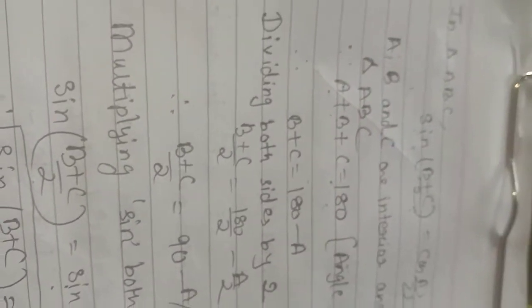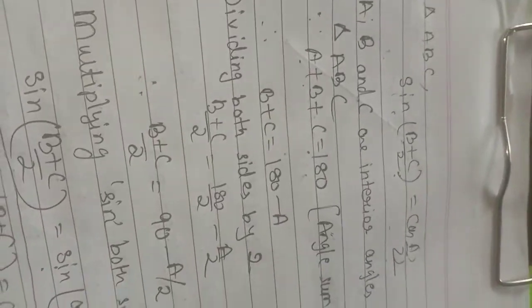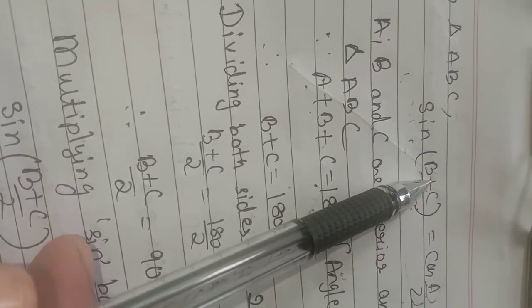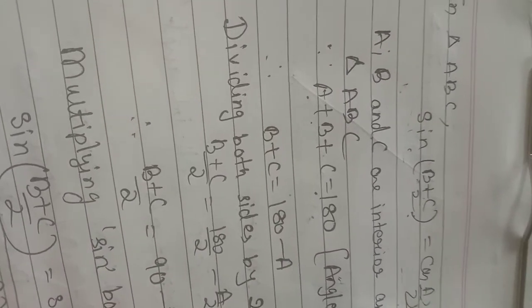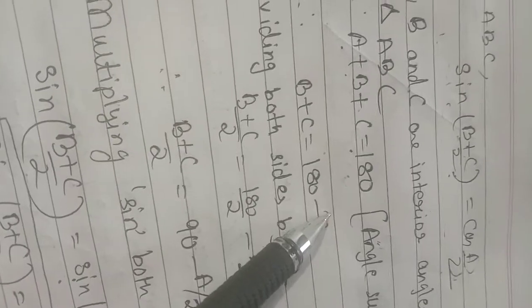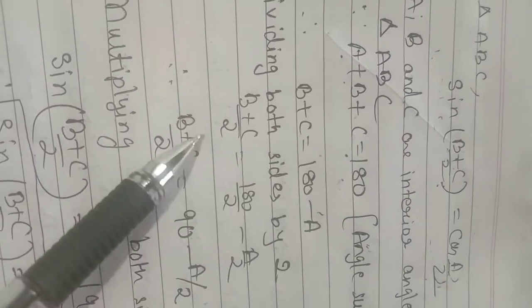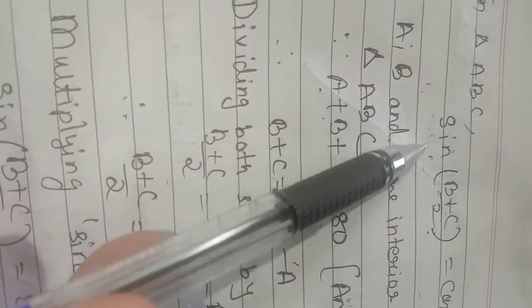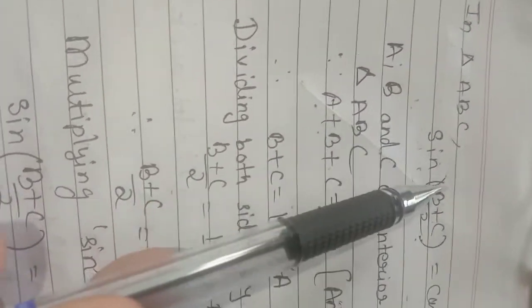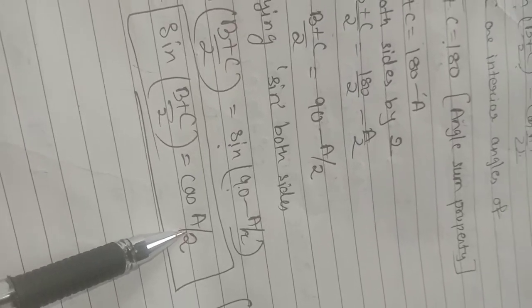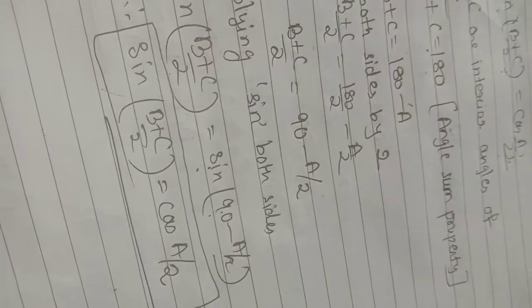The very important thing about this question is that always see what angle you have to keep towards the left hand side and what you have to transfer towards the right hand side. Otherwise you will do something wrong here. Then after that divide it by 2. Very easy question. After dividing, see what is the left hand side function. It is sine. So multiply both sides by sine. The sine will automatically convert into cos here. You can see the last step. Okay. So I am sure that you got this question. So let me move towards the next one.